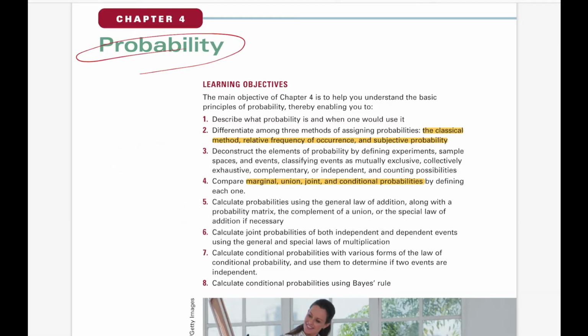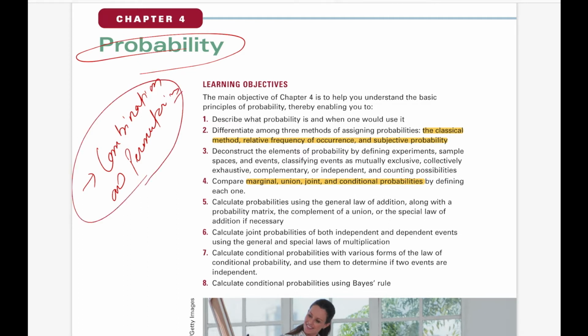So friends, today we will cover chapter 4 on probability. I think you might have studied this chapter in class 9th and probably 11th. One of the chapters that we studied there was combination and permutation, you remember? So most of the concepts that we will study in this chapter will be related to combination and